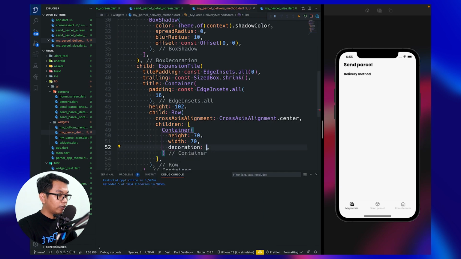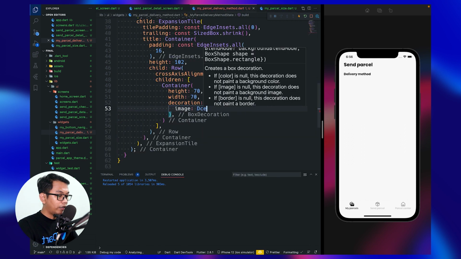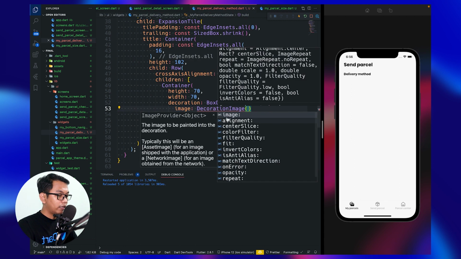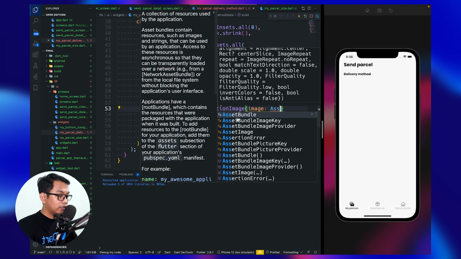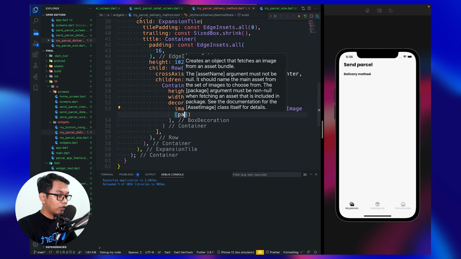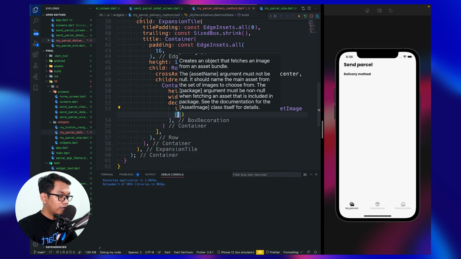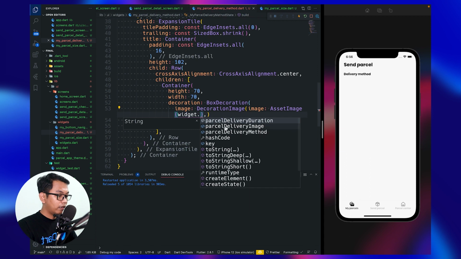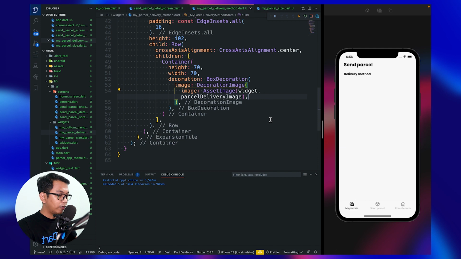And decoration, we use box decoration because inside box decoration we call a parameter named image. And inside that we can use decoration image. Inside decoration image we use asset image. And now we use parcel delivery, we give comma right here, we say widget.parcelDeliveryImage, look like this. So this is for the first.